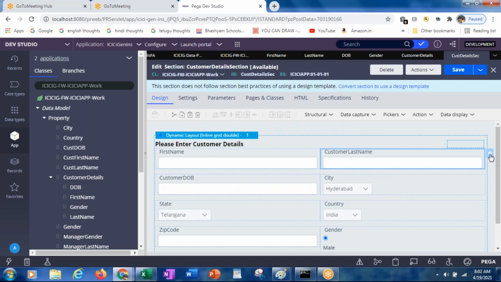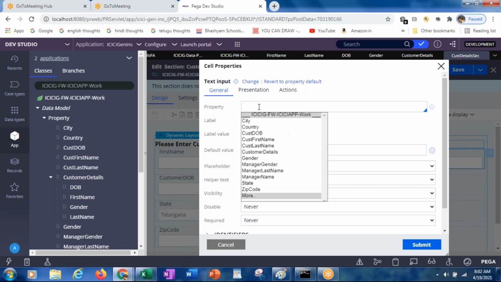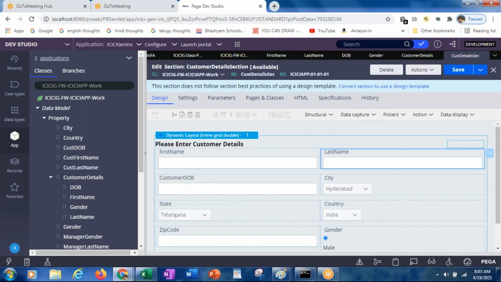Now go to this customer last name also. This time remove this customer. Now how can you refer? Customer details dot last name. Okay, submit. Now in the same way change it for the date of birth.